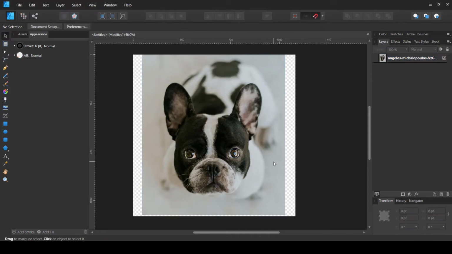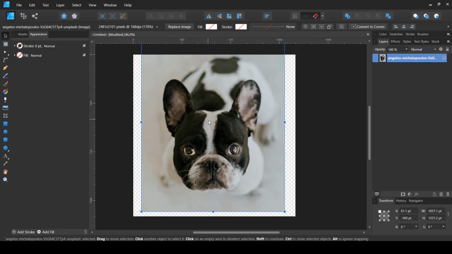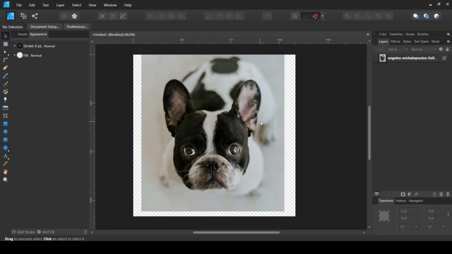So I have this image of a dog, and I think it's a pug, because I'm not really good at identifying the breeds of animals. In this case there is a high chance that it is a pet of a person, and that person can claim copyright if you use vector tracing on this image in particular, or use this image as it is, without creating a vector design from it.